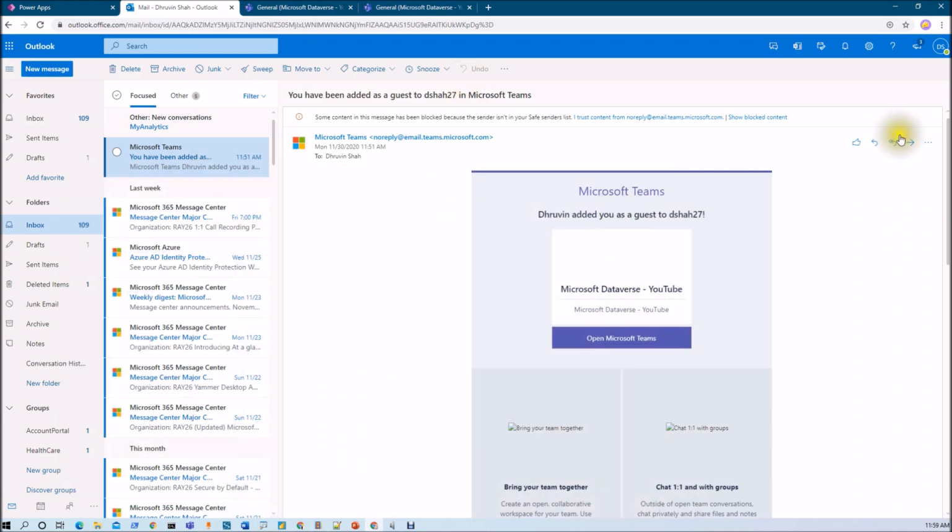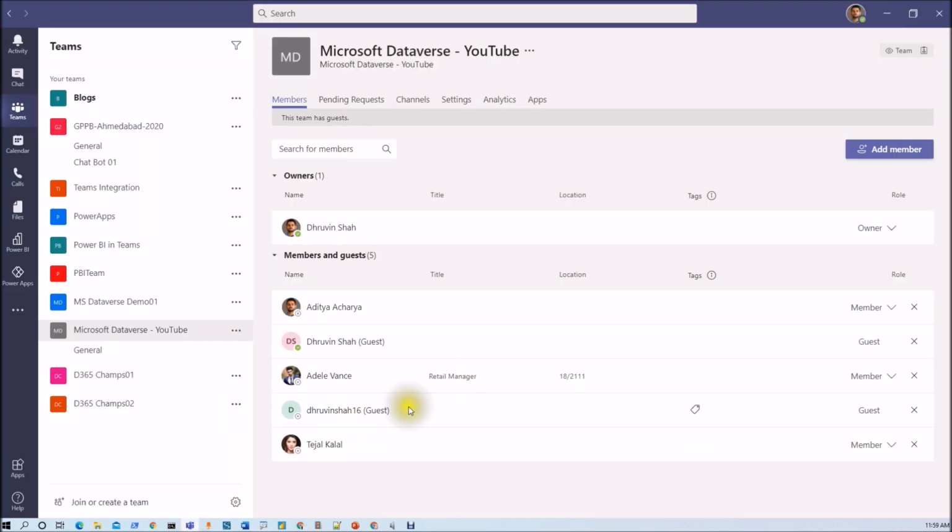Now in this particular case, the guest user that we have shared this team with has a business email address. Now what if the user doesn't have a business email address and they have a Gmail address or Outlook address? So are they able to access the Power Apps? Let me give you the answer to that question as well. So for that, what I have done here is from this particular team I have invited one guest user with a Gmail account.